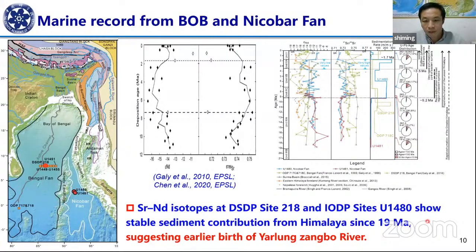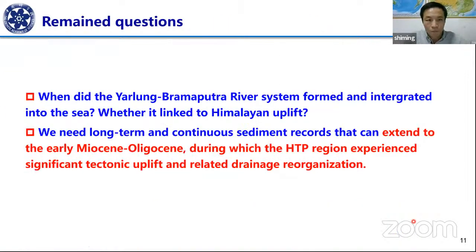So this means that the Himalayan source of the river should have a much older history than 19 million years. The remaining questions are when the Yarlung and Brahmaputra river system formed and integrated into the sea, and whether it was linked to Himalayan uplift. So we need long-term and continuous sediment records that can extend to the early Miocene and Oligocene, because these periods are the critical period when the Himalaya and Tibetan region experienced rapid tectonic uplift. And so we can test whether